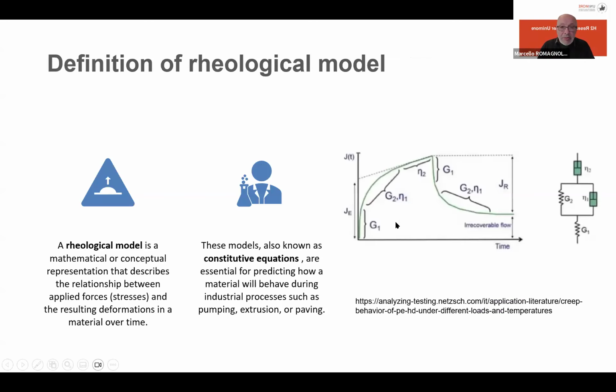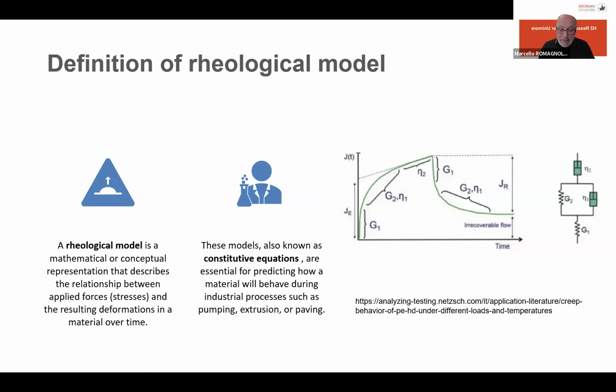The rheological models are also very important if we want to make a simulation using software like CFD. And in this case, if we want a dialogue with the software, we need mathematical models. We use springs, for example, like this one, for the elasticity, or dampers like this one, for the viscosity part of the behavior, to build the constitutive equation.